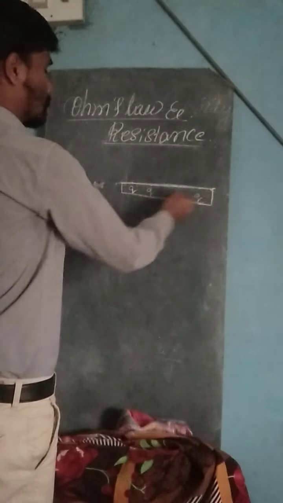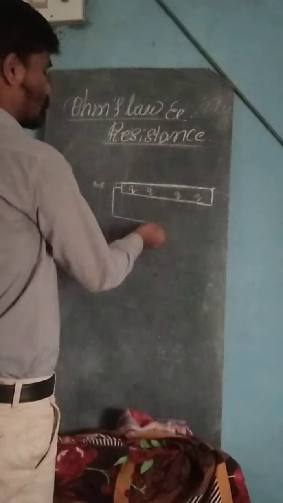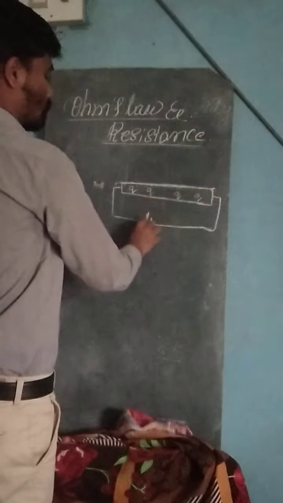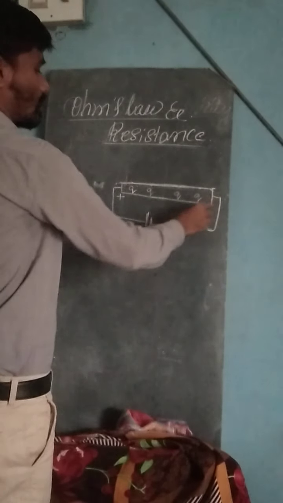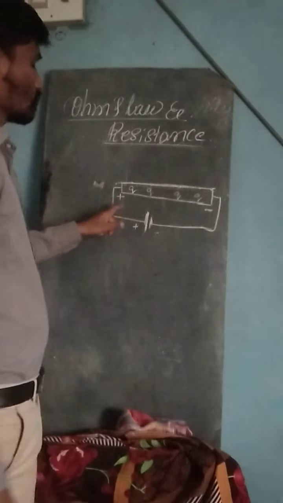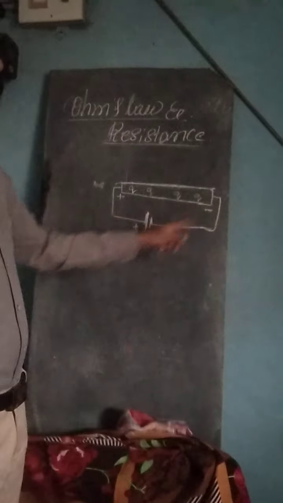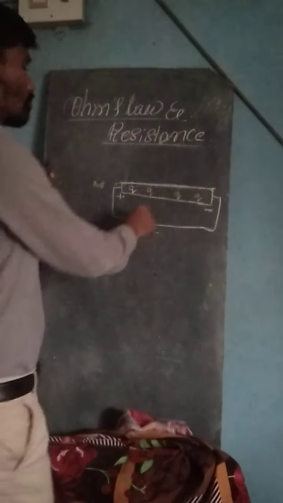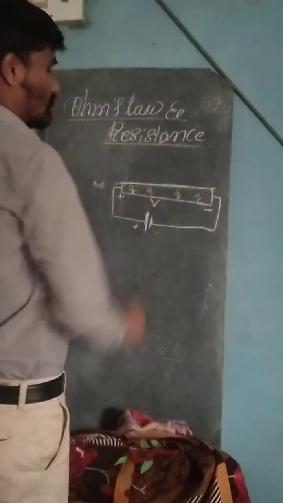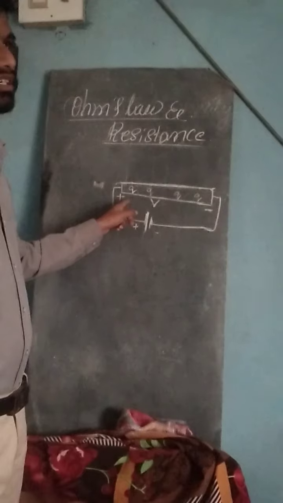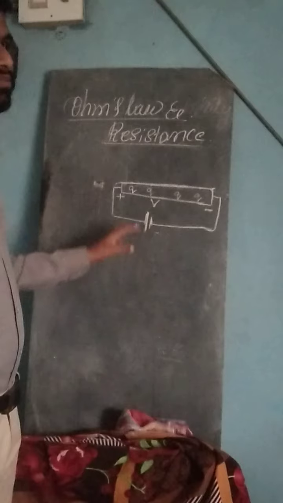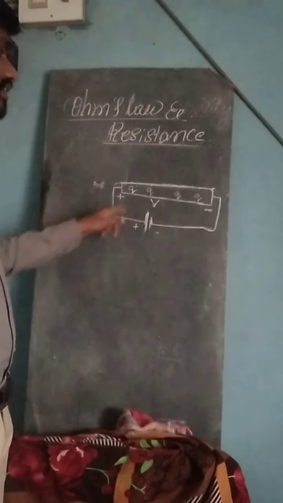this is a conductor, and we apply an external potential difference. Here are the positive charges and here the negative charges. So obviously a potential difference is created. How is the potential difference created? We know that potential difference is the work done in transferring a charge from one region to another region.